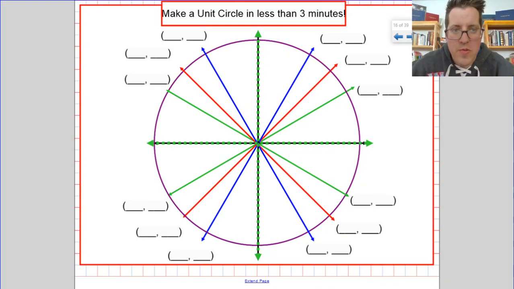Alright, here we go. Before you do anything, I want you to fill out a blank unit circle. There's one posted on my website, or you can just write it on a piece of paper, maybe draw it